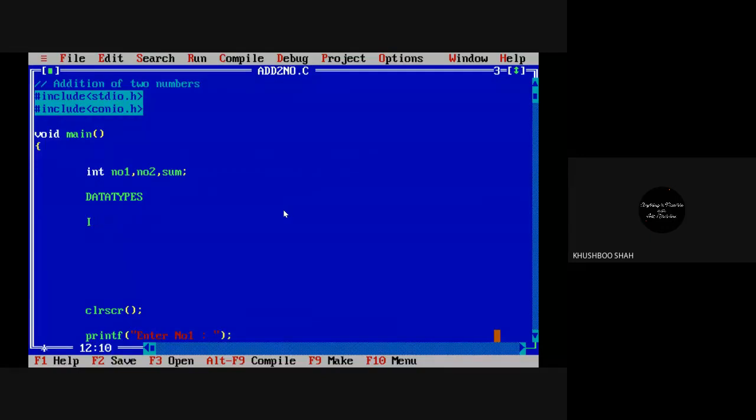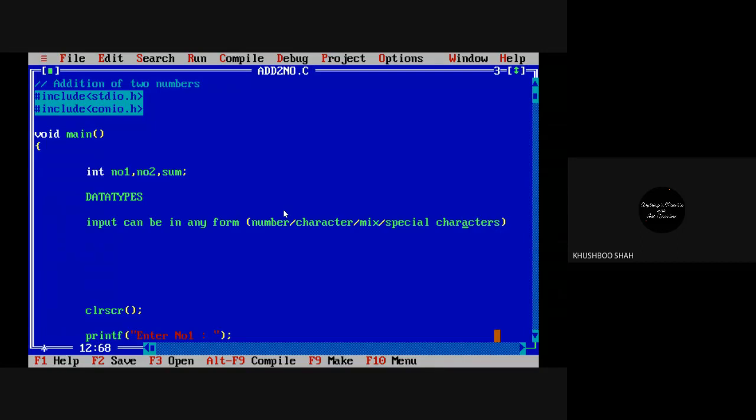Input can be in any form, right? Any form means it can be numbers, it can be characters, it can be a mix of numbers and characters and special characters, anything, right guys?